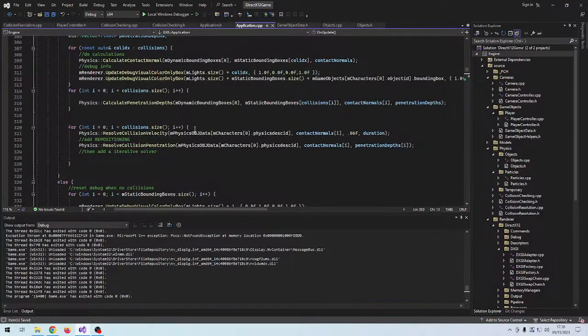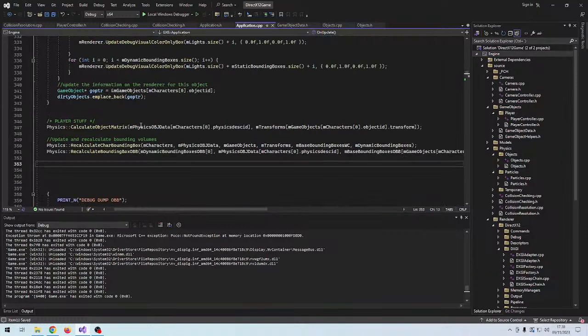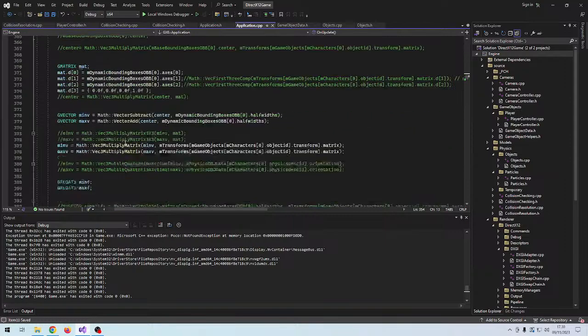Then we update the positions, and then we recalculate, for instance, the matrix and the bounding volumes afterwards. And I'm not sure it is gonna stay that way, but